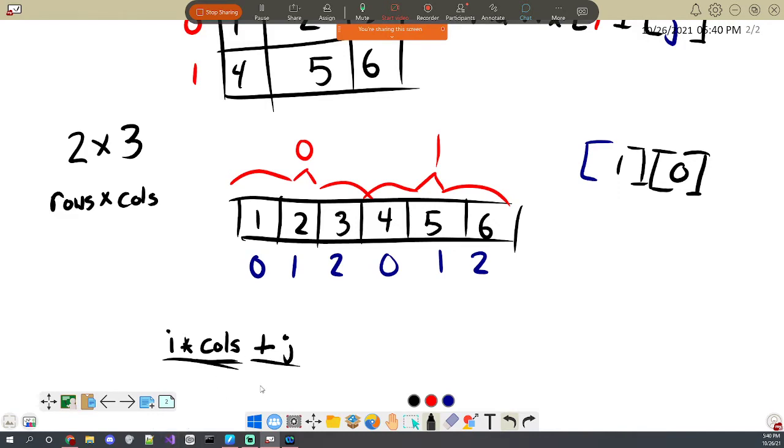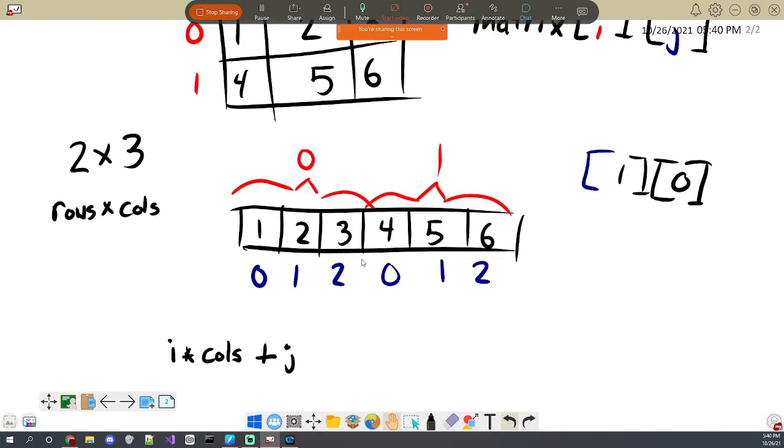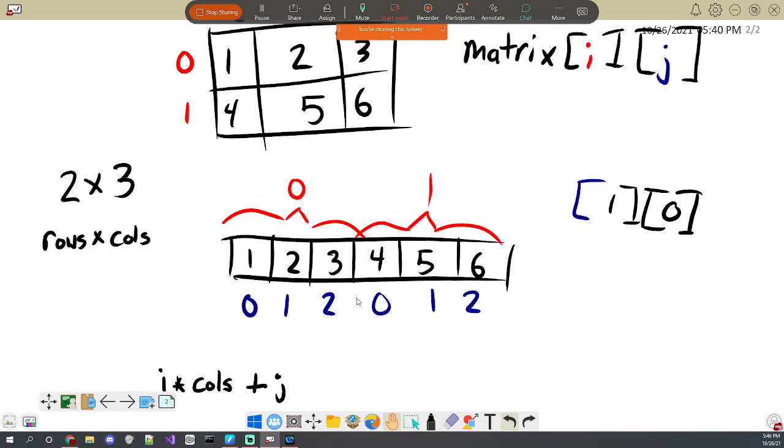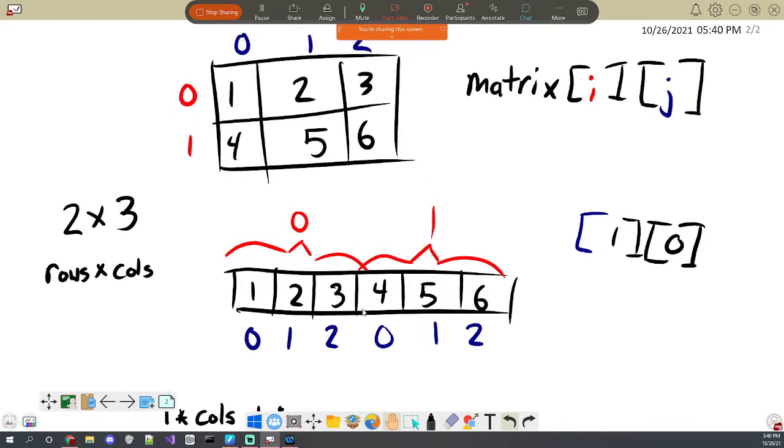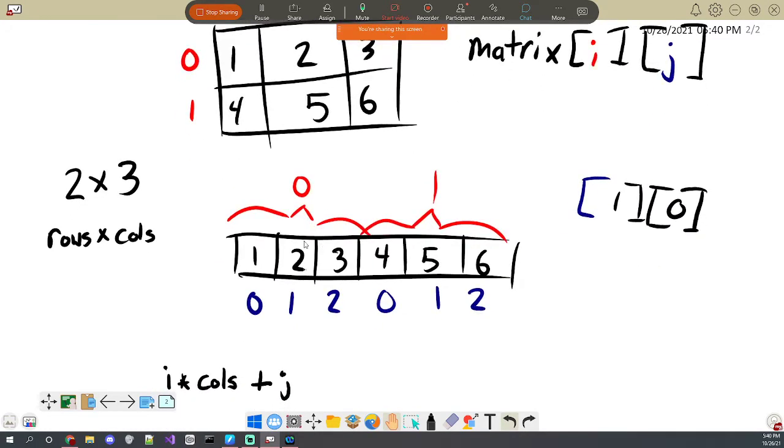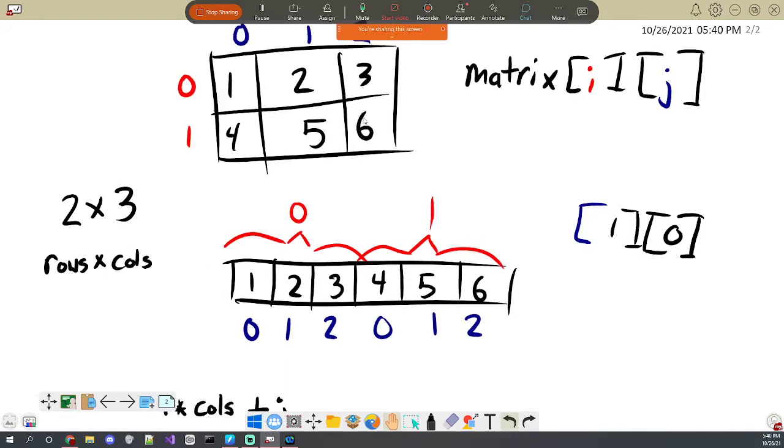So we have like 2 terms here in a 2D array. If I had a 3D array, I would need to have k, and there'd be a k term where it has columns and rows included, or columns and whatever we would designate as the third dimension. We won't worry too much about that. That's beyond the scope of this class, and honestly not particularly common to encounter. But this is just our general approach right here. Is we want to skip over some amount of columns in each row and then go into that row and find it.